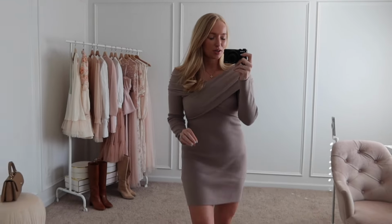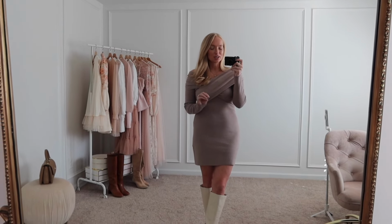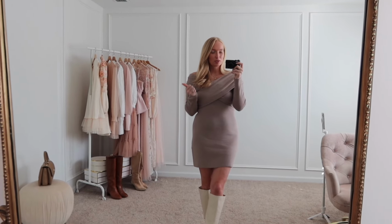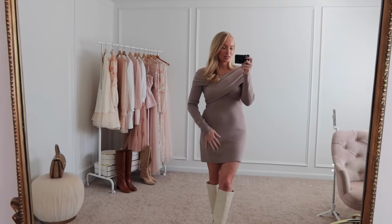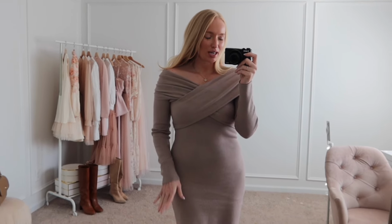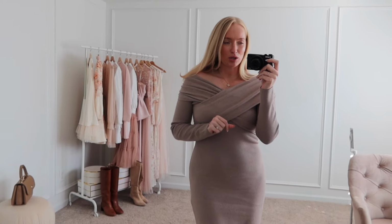This has honestly been one of the most beautiful and flattering sweater dresses that I have seen over the years. I'm actually tempted to buy it in the cream color, but I do have that other cream sweater dress that I wear a ton. So I went with this more cool tone brown, and it is so flattering. I think it would also be a really great option for family photos because it is more form-fitting. I would definitely be careful about wearing those chunkier, roomier types of sweaters. You really want to define your figure in photos because you don't want to end up looking like a marshmallow